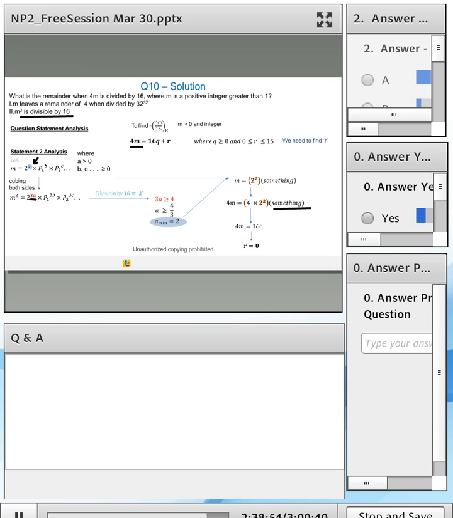Okay, I see that some of you have doubts about why we have assumed m the way we have done it. And I know that some of you are considering m cube is equal to 16k and why that's giving the wrong answer. Please put your questions in the Q&A pod so that Ashutosh can respond to you over there. All right. So Ashutosh, if you can take some of the questions. So all of you, whoever has doubts, please put your question over here in the Q&A pod so that Ashutosh can respond to them.